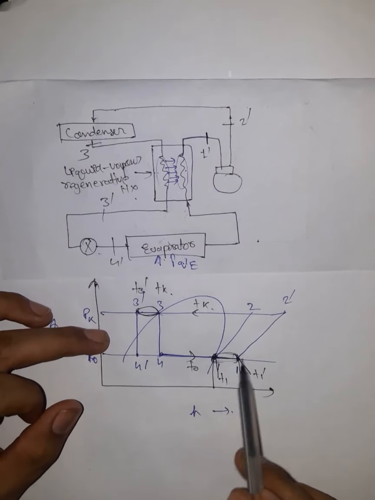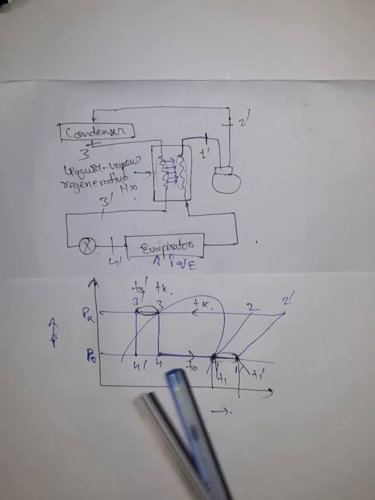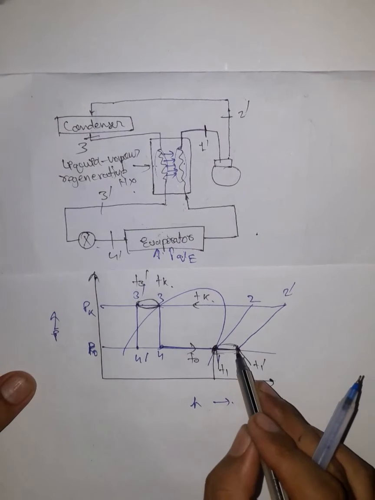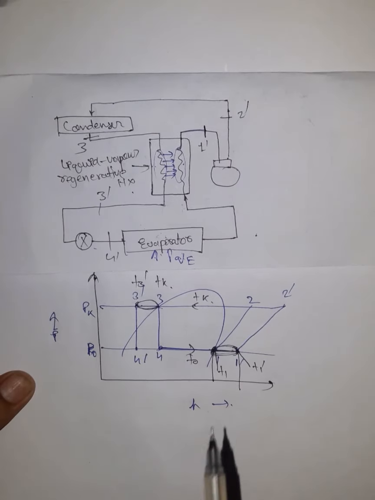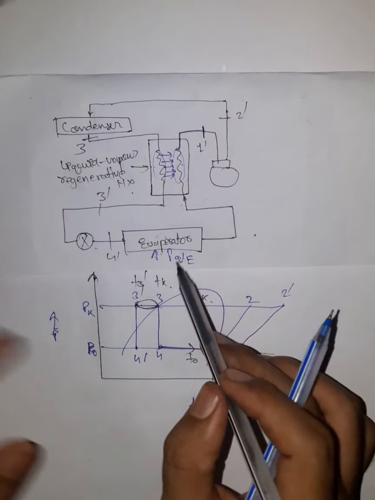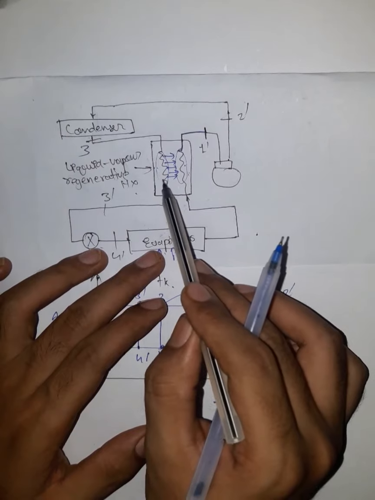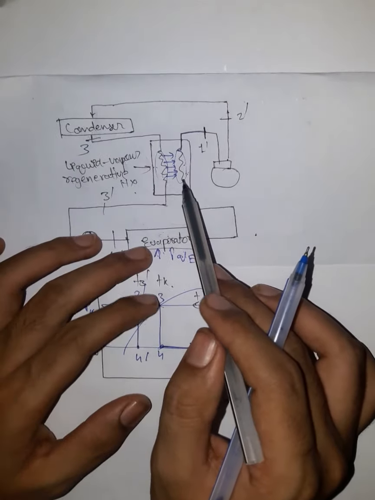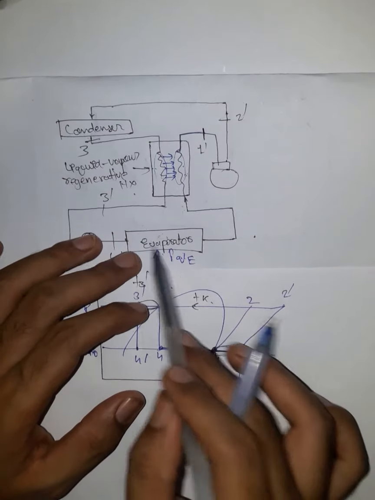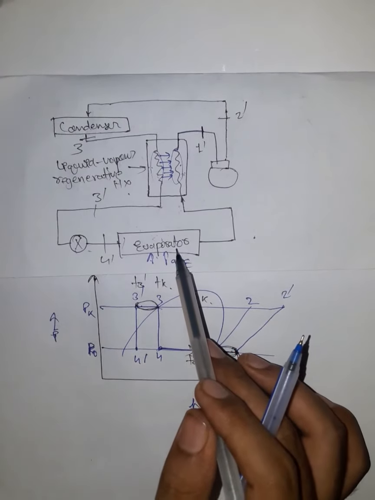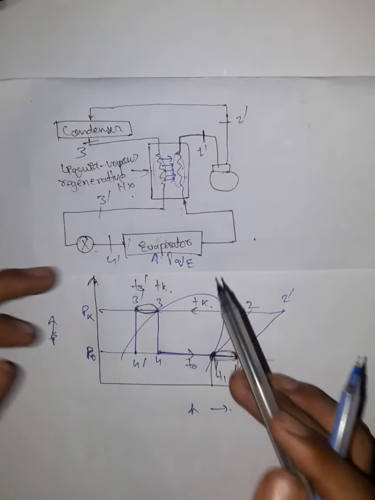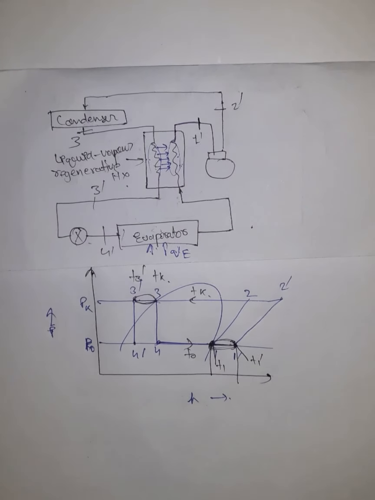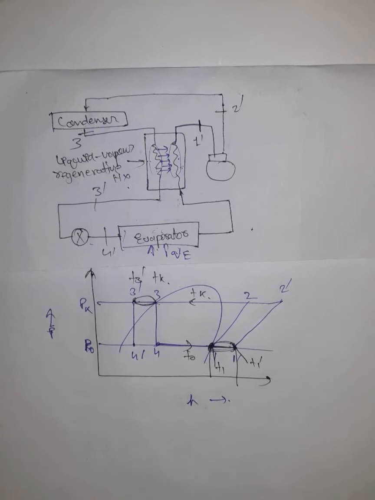So this is the change that occurs in the pH diagram. Now a point to be noted here is that this part of heat exchange is not actually helping in the refrigerating effect, because this heat is actually passed from the condenser to the refrigerant vapors. It is not utilized in the evaporator, or the heat is not taken from the cooling space. Okay, so it generally increases the efficiency, but it does not take part in increasing the refrigerating effect.